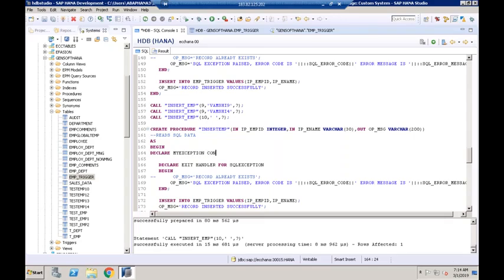Condition for SQLSTATE error code. I'll give 10,002, because we already know user defined exception codes range from 10,000 to 19,999. So this is the block for the standard exception. Now I want to handle the user defined exception. So what I'll do is